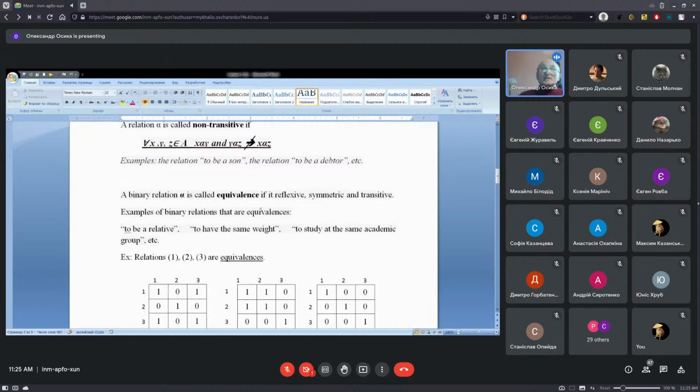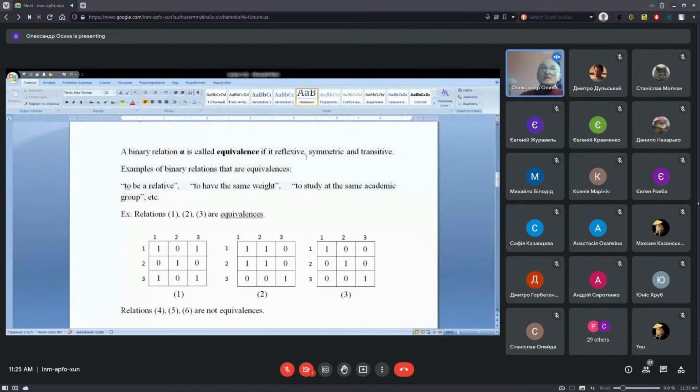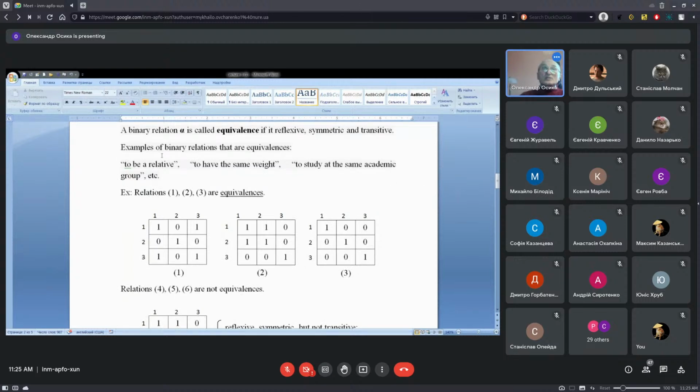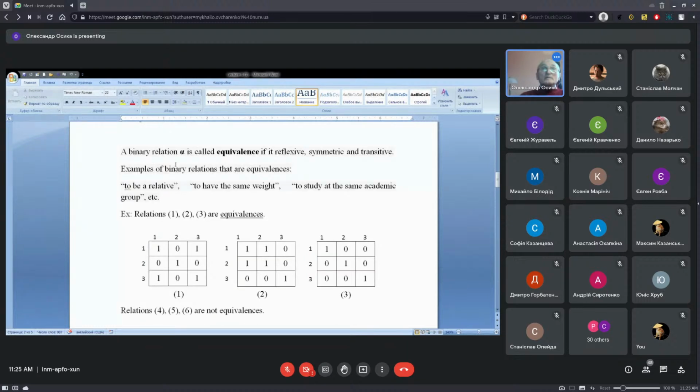Okay, and we discussed equivalence, a relation that possesses three properties: reflexive, symmetric, and transitive. If a relation is reflexive, symmetric, and transitive at the same time, then such a relation is called equivalence. And examples of such real-life relations between objects here, for example, P. If X is a relative to Y,